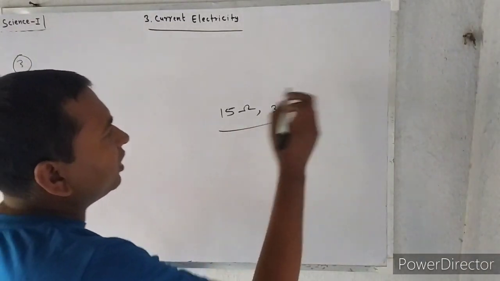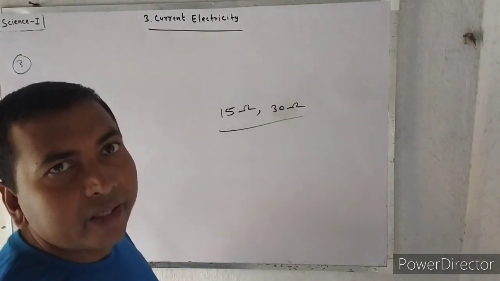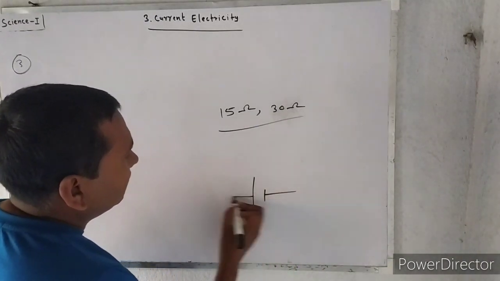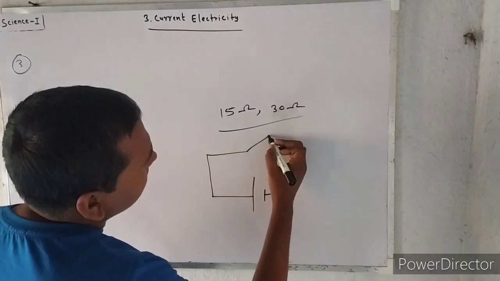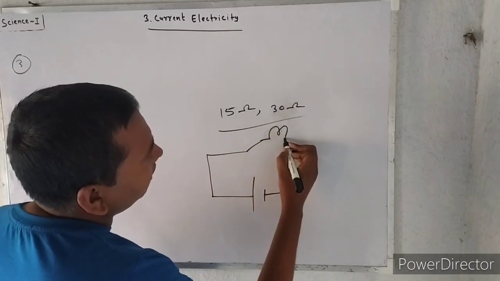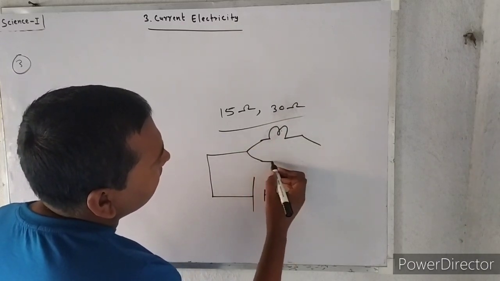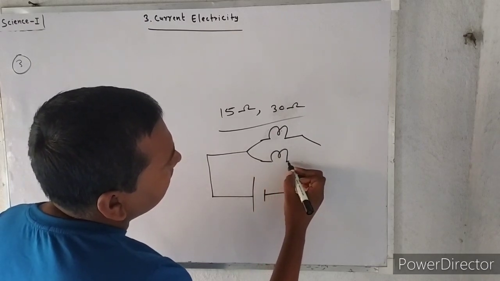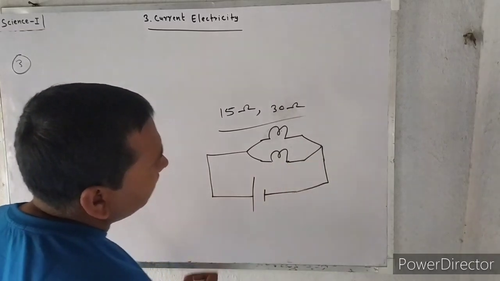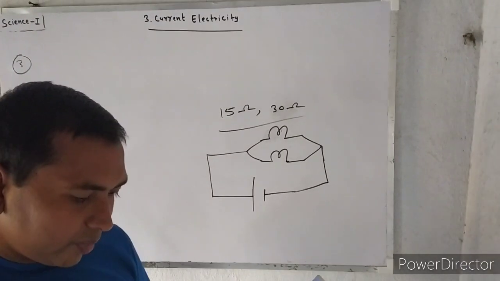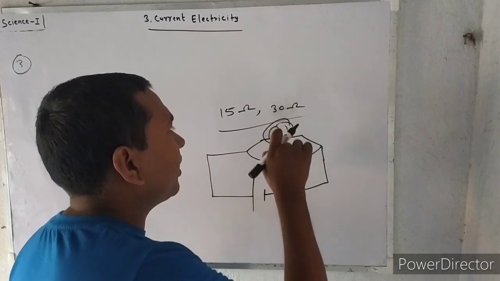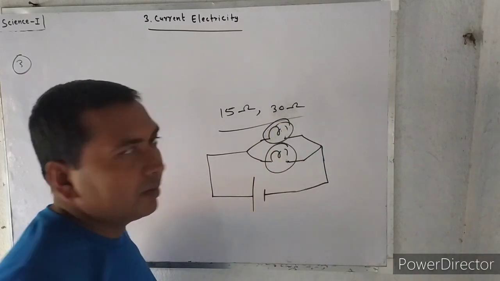Actually, Umesh has two bulbs, and he connected both the bulbs together simultaneously. Say this is a cell, this is a bulb, an electric bulb. This is the symbol of a bulb. Okay. They connected both the bulbs at the same time. The filament gets burnt. This filament is broken from here. Okay.